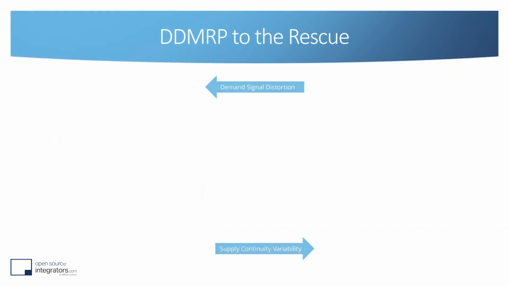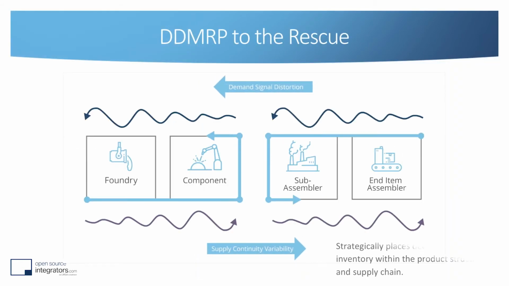So to get back to our schema here with the supply network, by positioning a buffer here between the component and subassembly, we try to minimize the spread out of the propagation of the distortions upwards and downwards, because the buffer is going to absorb that distortion. And so one of the first steps of a DDMRP implementation is to position those decoupling points so that you always have inventory products available at that point in the supply network.